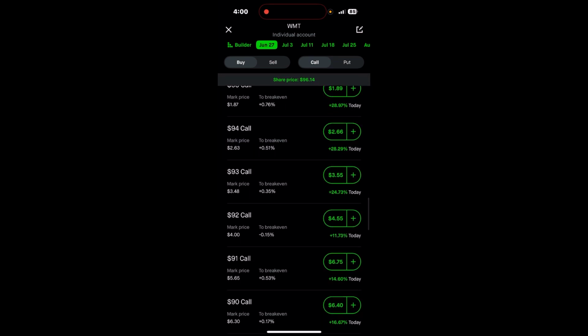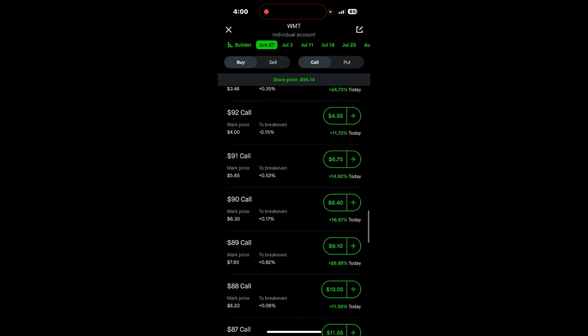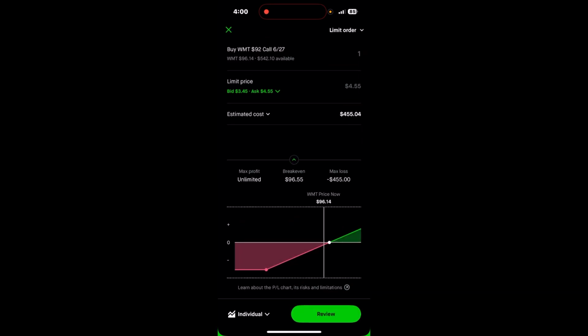We're not really looking at the charts right now. I'm just going to give you guys a general idea of how much one contract would cost. So let's look at this one real quick. We're not analyzing the charts, whether it's going up or down, we're just looking at prices. Right now, what I focus on is trying to get this line as close to the dot as possible. The break-even point here would be at 96.55. So to make that dollar difference,